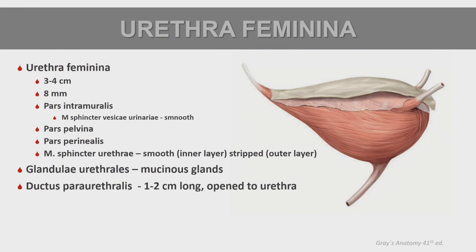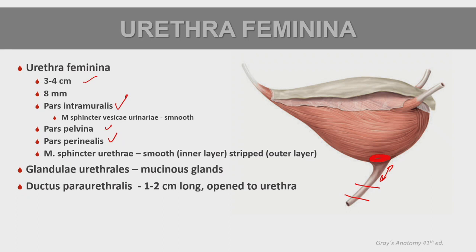Feminina. It's short, 3 to 4 centimeters. It has 3 parts. The intramural part, which is where the cone of outflow from the urinary bladder is. Then there is the pelvic part, a short part, and the last part is the perineal part, which is passing through the